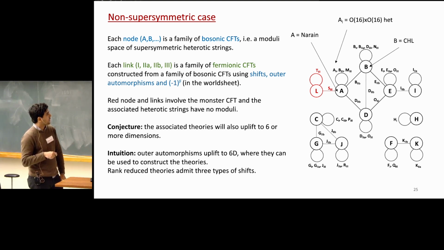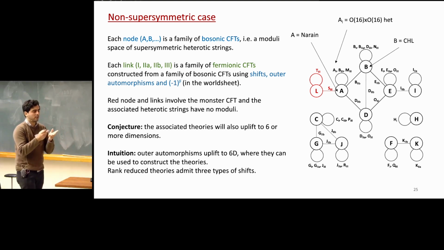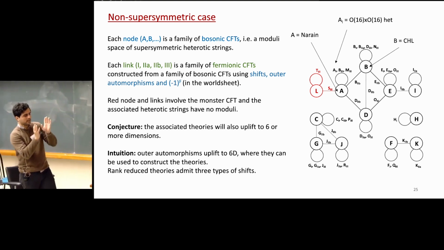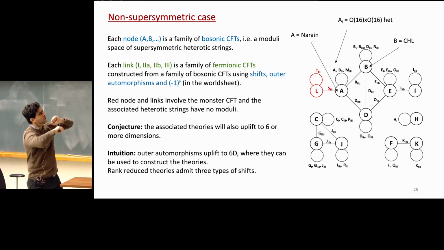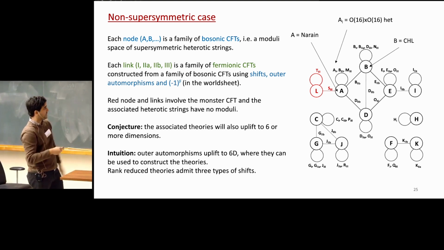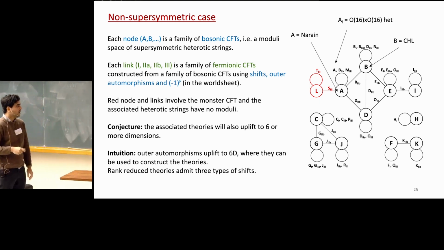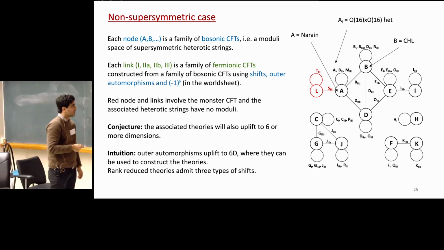Another important point is that if you take something like the CHL string, the charge lattice is more complicated than the Narain one. The idea is this: you have a charge lattice that is not self-dual, so you have different kinds of vectors, and if you shift along those kinds of vectors, you get different theories. But doing that is very challenging. It's not that trivial.